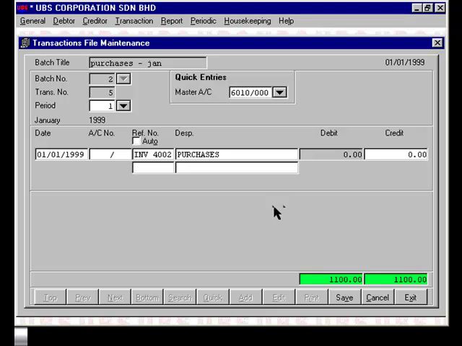Payment generally comes out of the bank account, so we'll set the master account to that of our bank account, which is 3010. The batch number we'll select is batch number 3, which corresponds to bank-related transactions, and the period is for period 1. In this case, we're going to record a rental of $500, and the account number for rental is